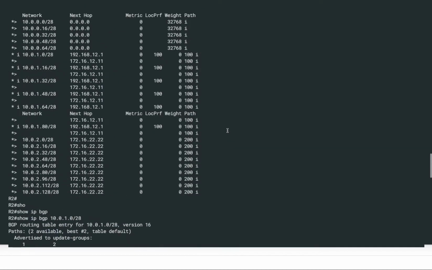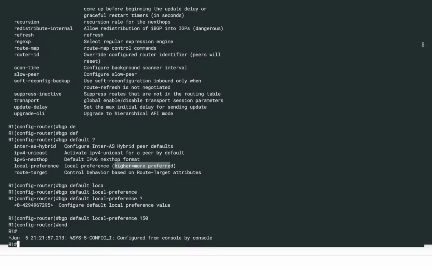Before we configured the local preference, the default local preference of 100 was in use, and sometimes it is not even shown. Router R2 was receiving the same prefix from both router R1, which is iBGP, as well as from ISP1, which is an eBGP session. And instead of going directly towards the ISP, we wanted to traverse the path via router R1. So what we did, we went to router R1 and said,